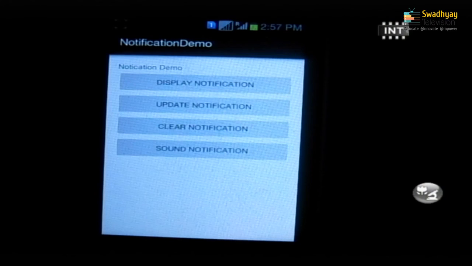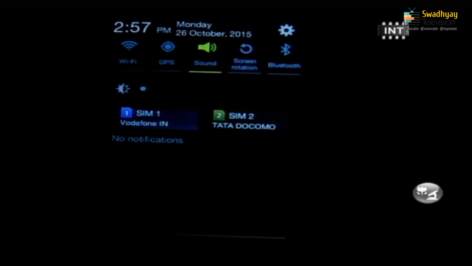I can clear this notification by pressing the clear notification button. So, I am here pressing the clear notification button. Now, you can see my notification has gone because it is cancelled.